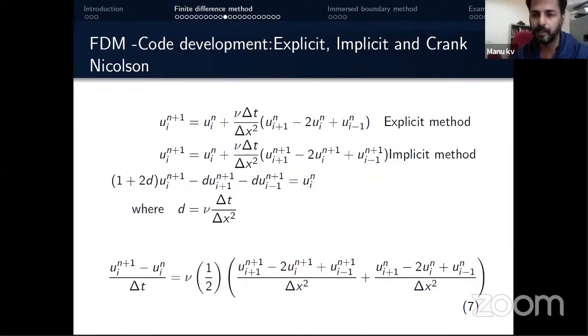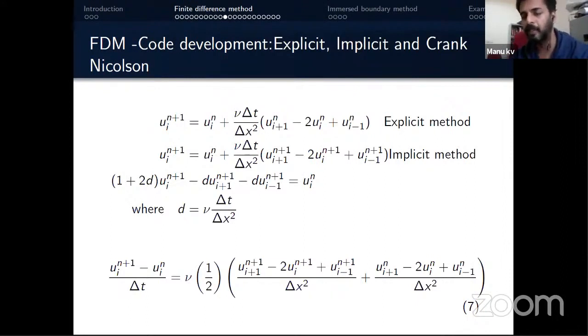But there are some other techniques like the implicit method, where we can use the present time step information to calculate and modify accordingly. Instead of using only the previous time information, we can use the present time information as well. However, we don't know the present time information; that's what we are trying to calculate. So we have to solve a set of equations, which is computationally expensive, but the advantage is that it is stable.